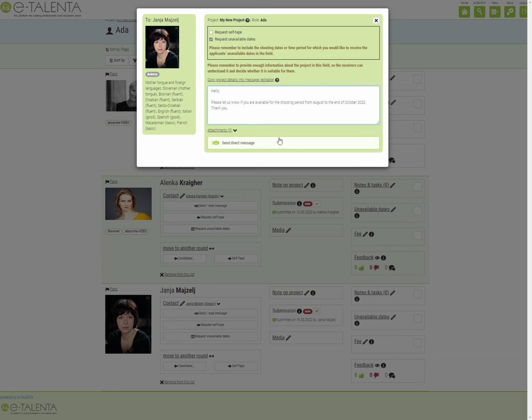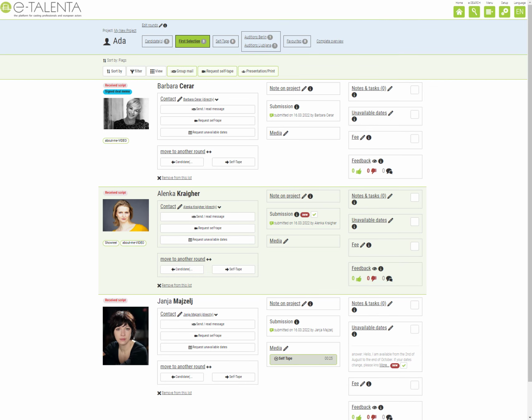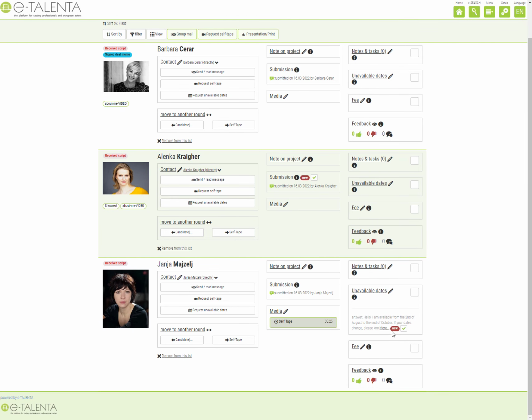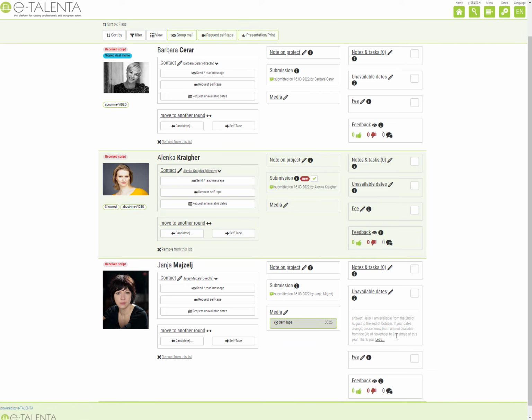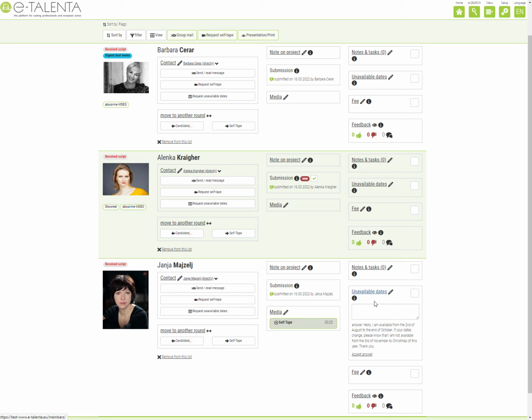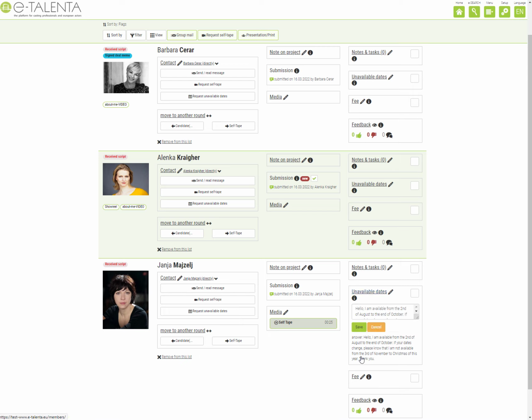So what happens when you receive a reply to an unavailability request message? The first thing you will note is the little red mark that indicates that you have received a new reply. If you untick this box, this mark will be removed. The text in grey is the answer to your unavailability request. Click on Unavailable Dates to continue. You can now copy the entire reply into the comments box by clicking on Accept Answer,